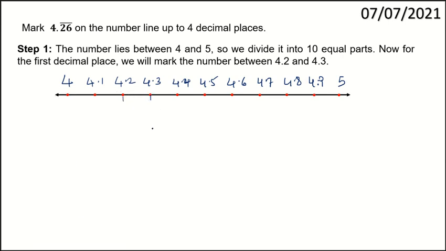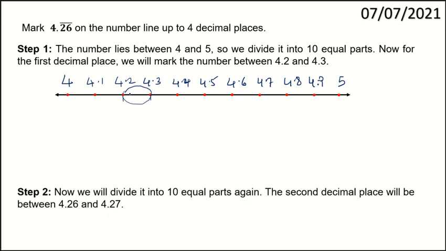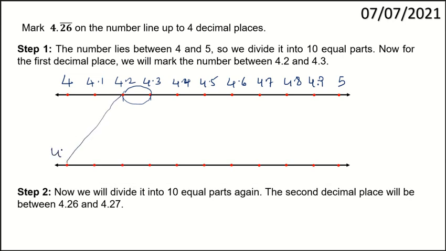So this 4.2 and 4.3 will be magnified. This will be magnified, and we are taking that as another separate number line, and this is going to give you the magnified 4.2 and 4.3. This is the one. Further, this 4.2 and 4.3 will be divided into 10 equal parts again,